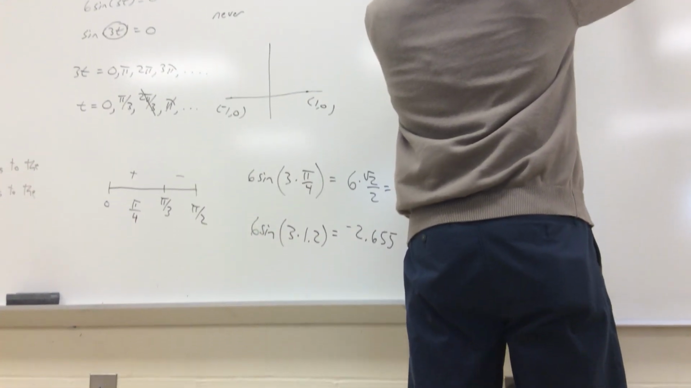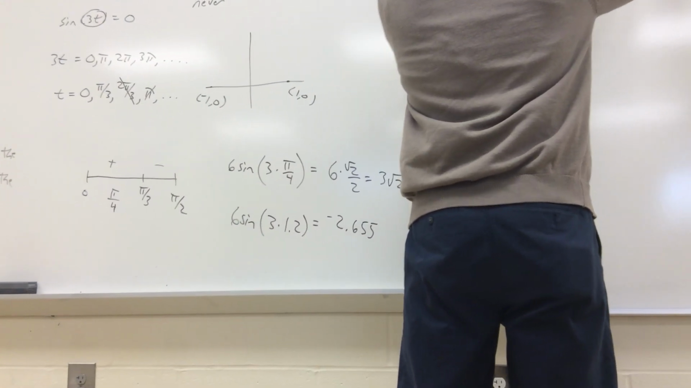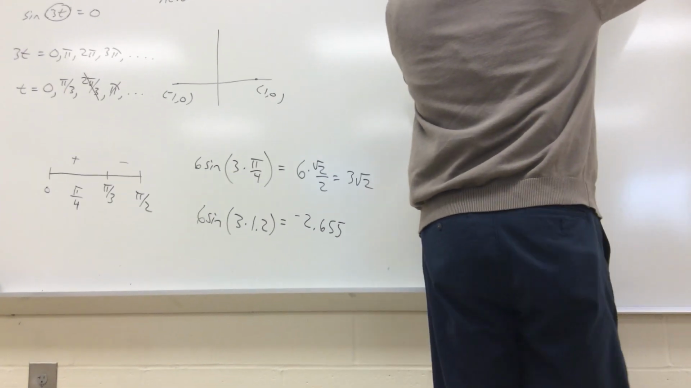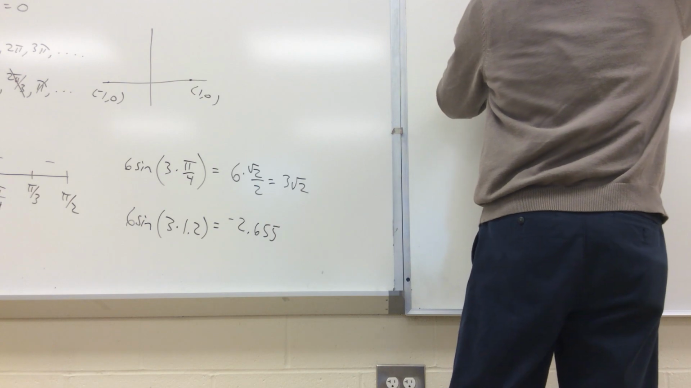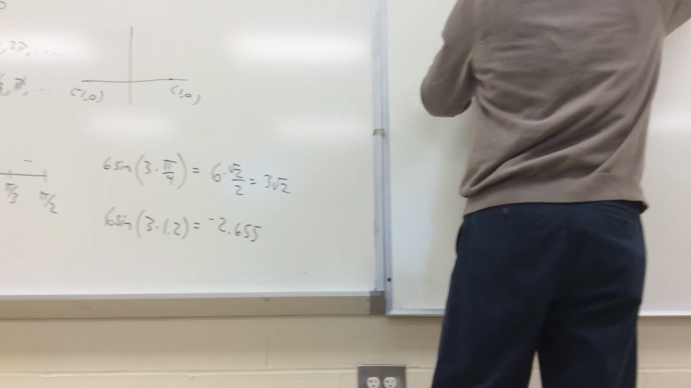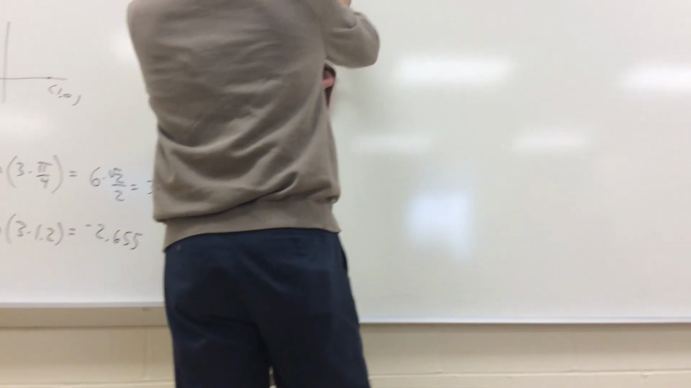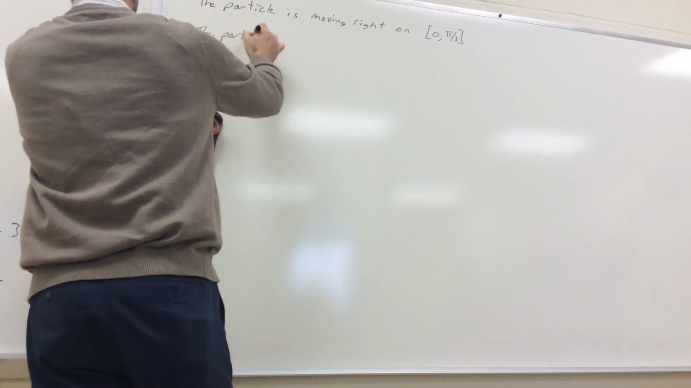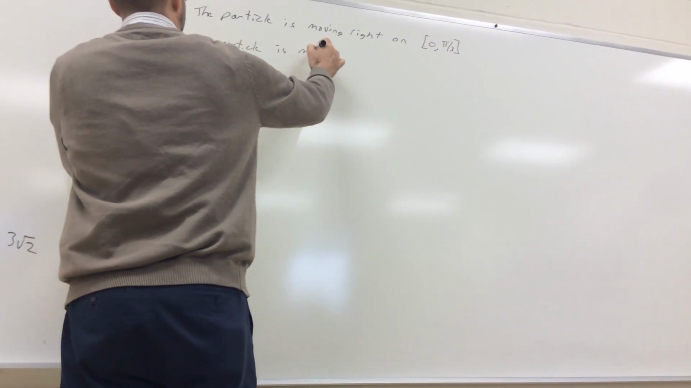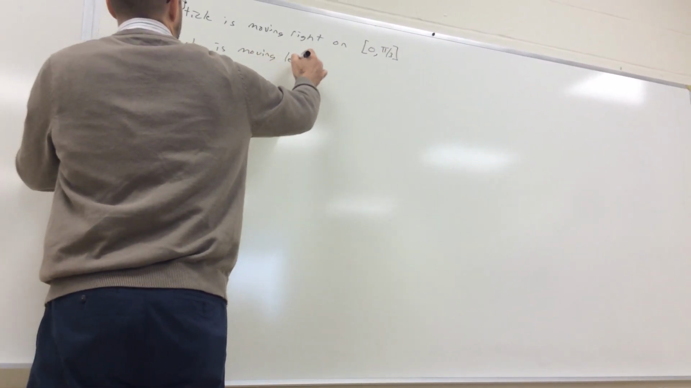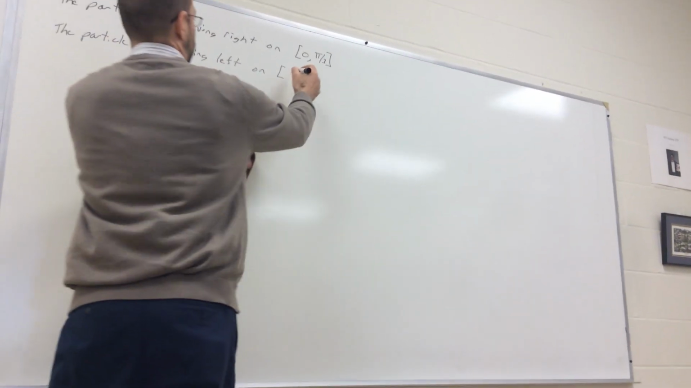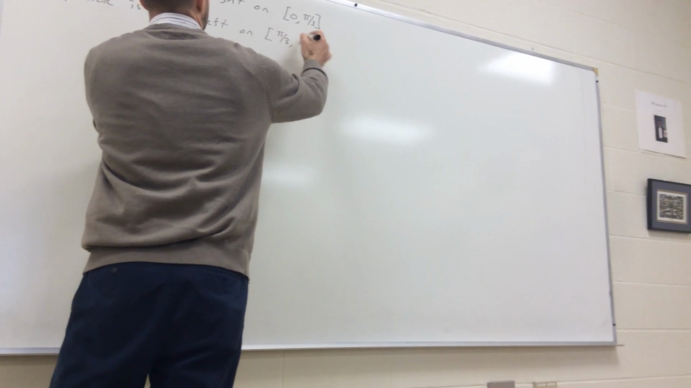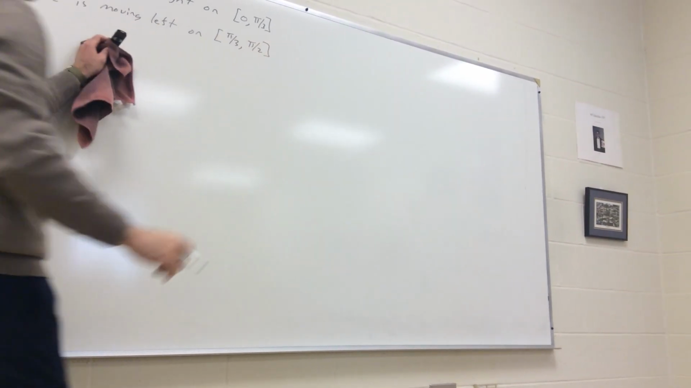Okay, so the particle is moving right on the interval 0 to pi over 3. And the particle is moving left on... So if we're talking about when it's moving right and when it's moving left, when it is at pi over 3,